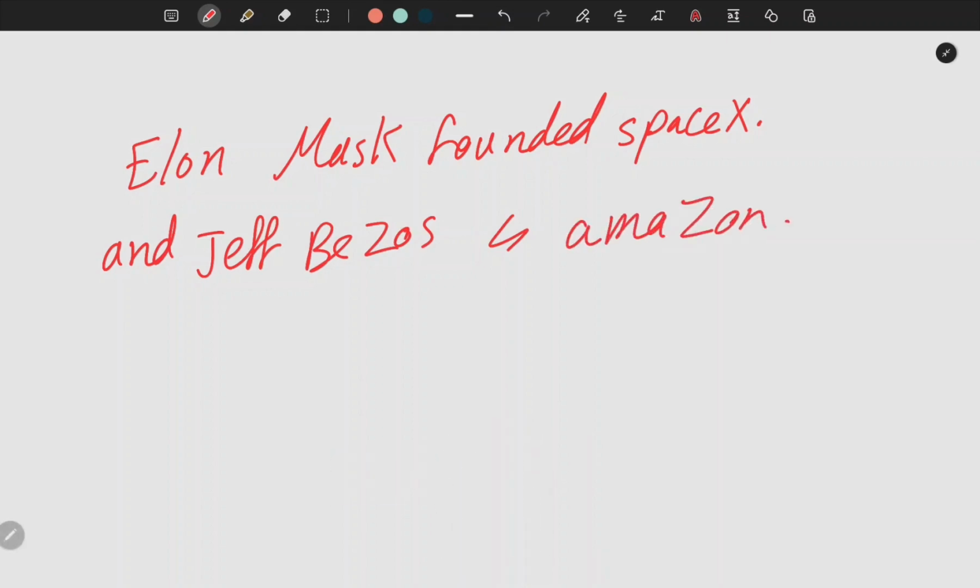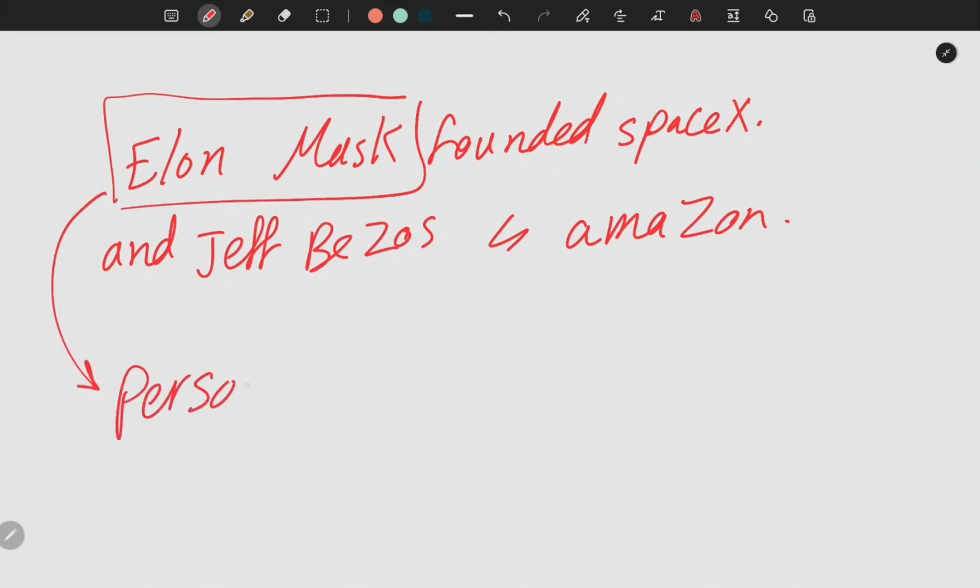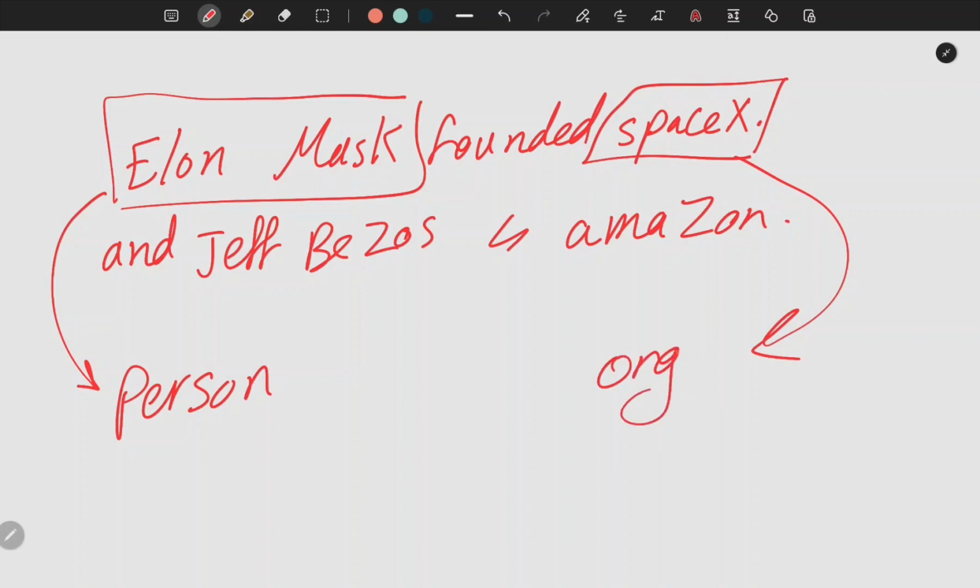Okay, so named entity recognition will extract the first one, Elon Musk, as a person, and SpaceX as an organization or a company. Also the next sentence, it will recognize this as a person and recognize Amazon as an organization or a company.